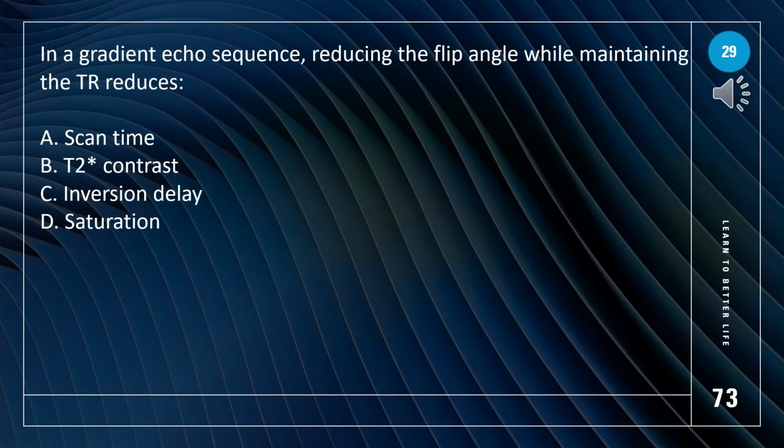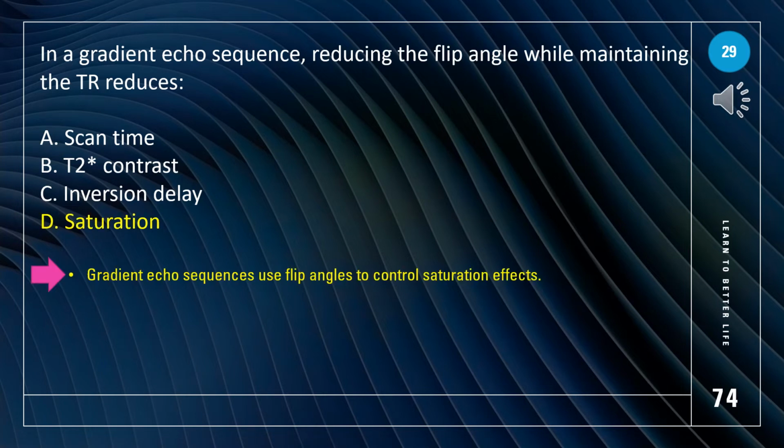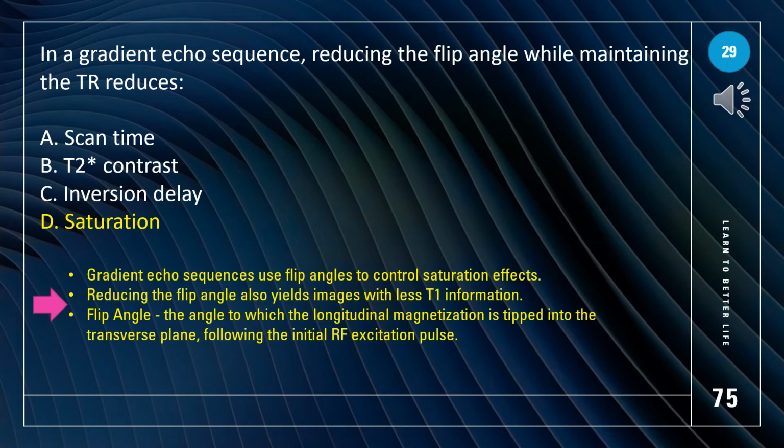In a gradient echo sequence, reducing the flip angle while maintaining the TR reduces A. Scan time. B. T2 star contrast. C. Inversion delay. D. Saturation. The answer is D. Saturation. Gradient echo sequences use flip angles to control saturation effects. Reducing the flip angle also yields images with less T1 information. Flip angle is the angle to which the longitudinal magnetization is tipped into the transverse plane, following the initial RF